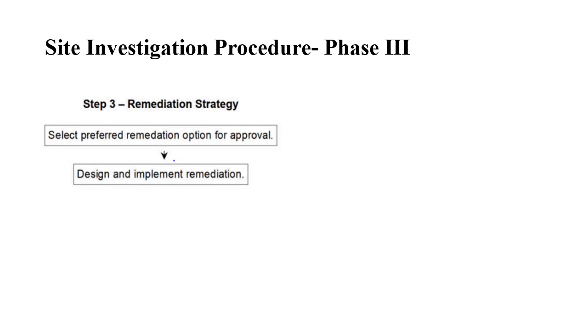So all these things have to be justified in a report, and it has to be shown to the authorized personnel to get your remediation works started. Then after that only you can implement your remediation technique in the site.